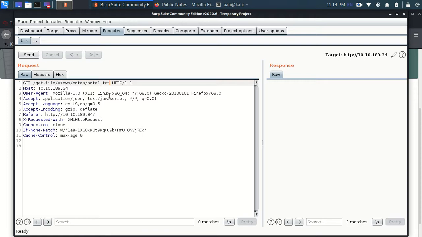Just like this, we need to extract the /etc/shadow file.